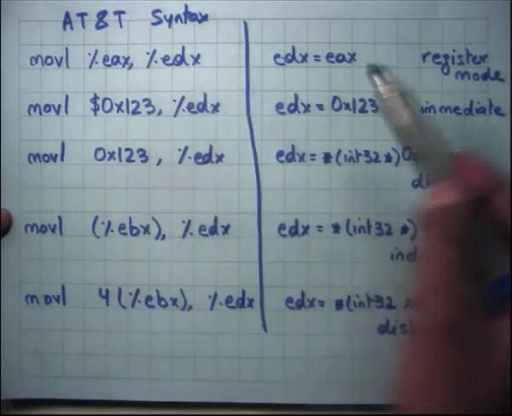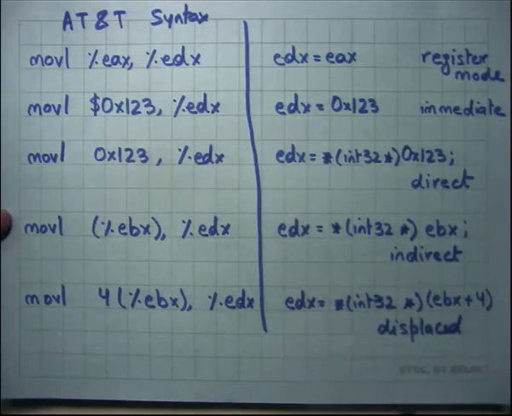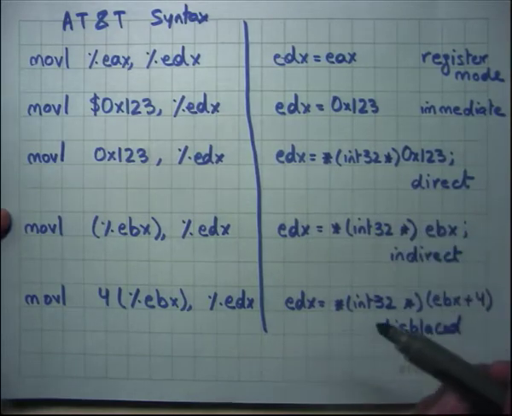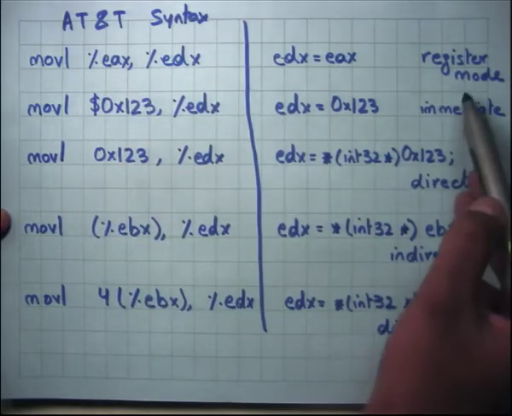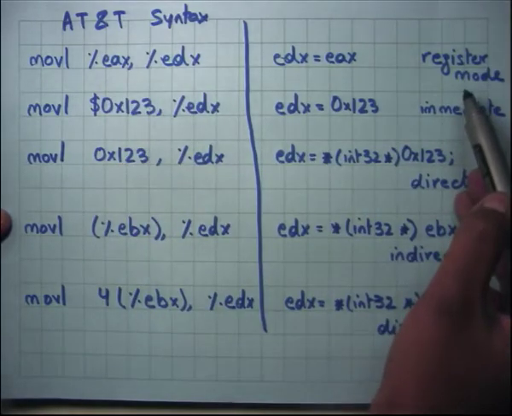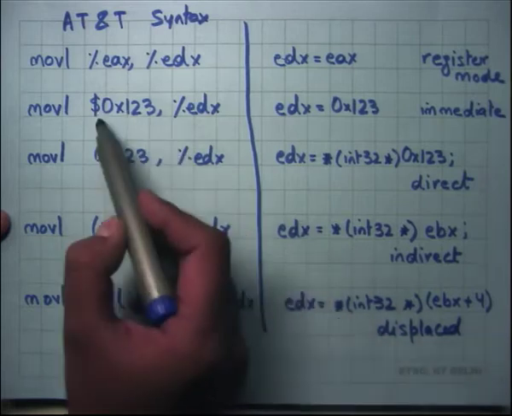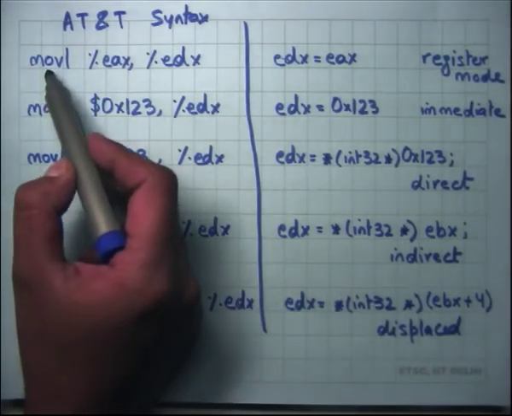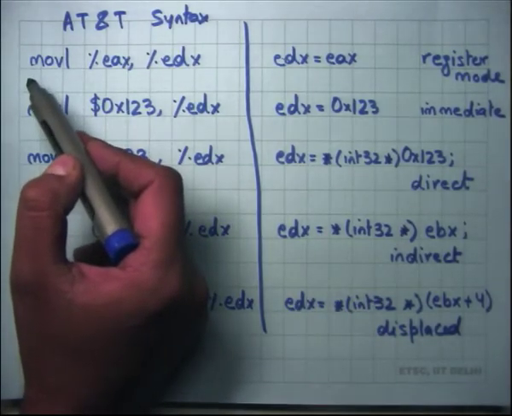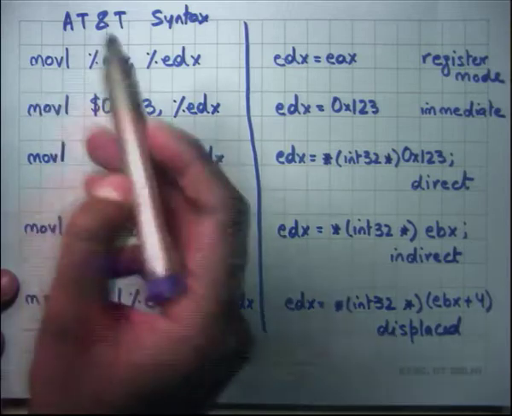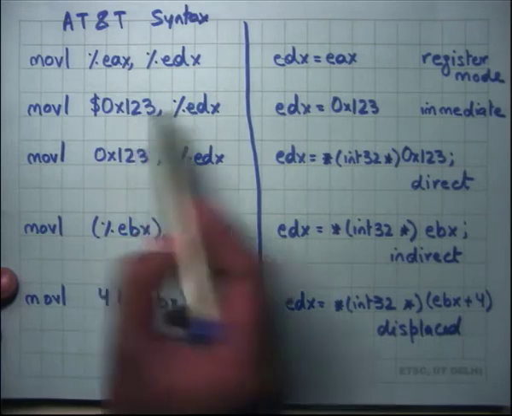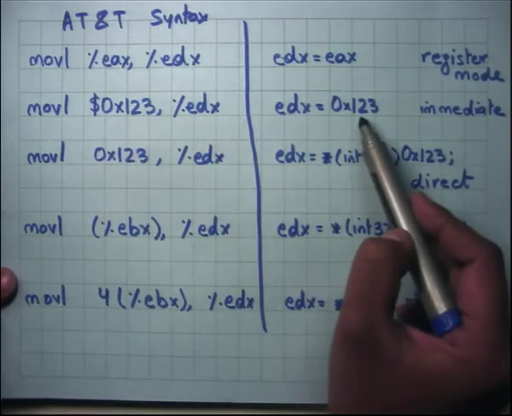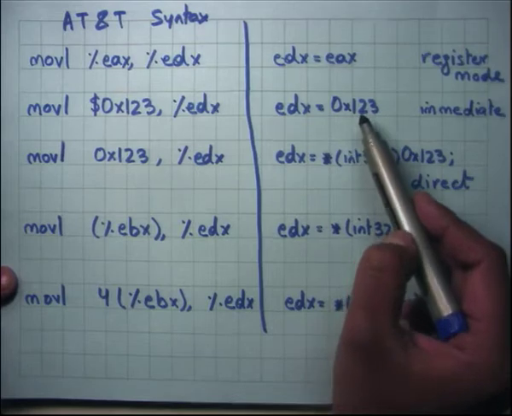And there are these different addressing modes which you may have already studied in your computer architecture class. So you can move register to register. There is the register mode. So every instruction can operate in either of these modes. You could very well replace move with add or subtract, and it means the corresponding thing. Movl $0x123, this is the immediate mode. Basically means that assign immediate value 123 to this register.